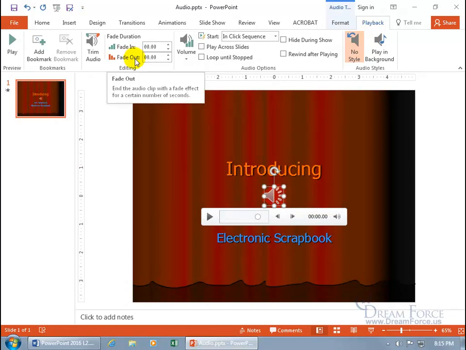So if you got audio that just comes out blaring right off the bat, I mean, you don't want to jar your audience, do you? Oh, maybe you do. In any case, you can go ahead and tick mark it up to like a second. So it goes from 0 and it has a second to bring it up to the normal level. And if the normal level is really jarring, you may want to push that out a bit more so it's softer. So it delays a little bit more before it gets up to that heightened place where it plays it